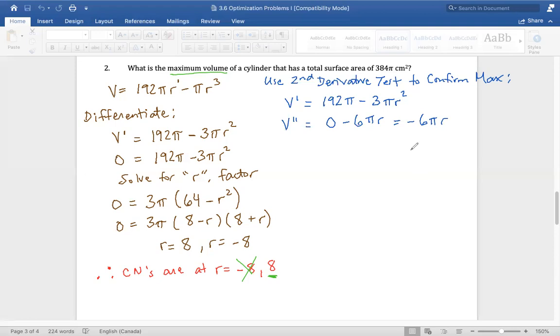So then what we always do is we plug in our critical number into your second derivative. So when I see R, I put 8 in its place. That's going to be negative 48 pi,